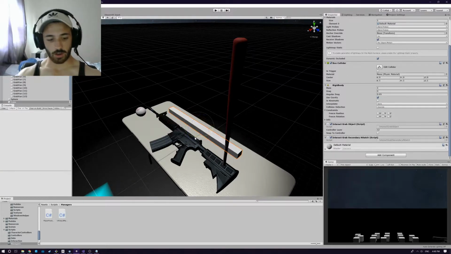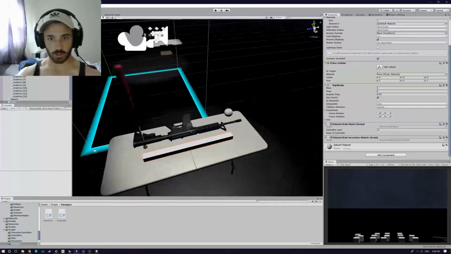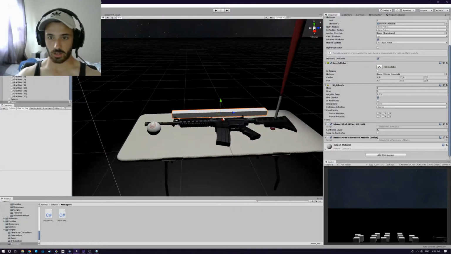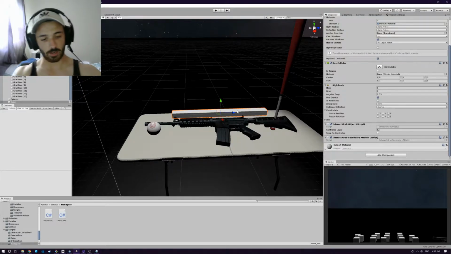I've written two-handed guns before with VRTK, and that kind of handles everything for me, so I don't actually have to think about it. But one of the big issues I'm facing with this is the rotating point when you grab it is at the wrong spot. So I gotta play around with the code.